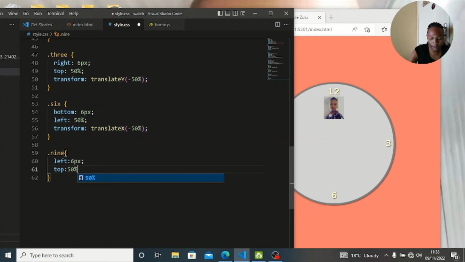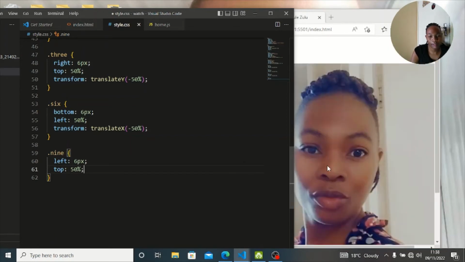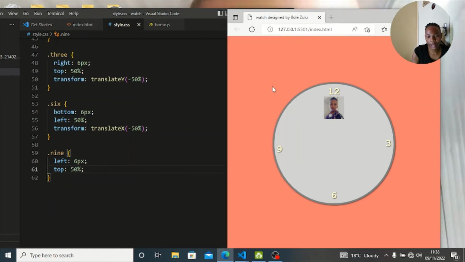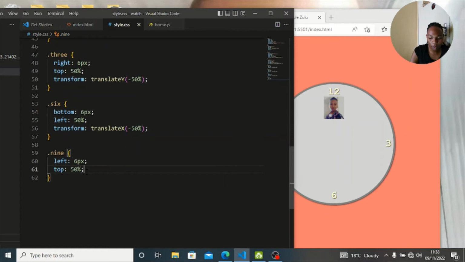Where's the percent? Let us see if our 9 did listen to our instructions. Okay, our 9 did move from the top by left and went to the left and top, but it's not in the middle. Let us transform it so we can be sure it's in the middle. Let us transform and then translate it